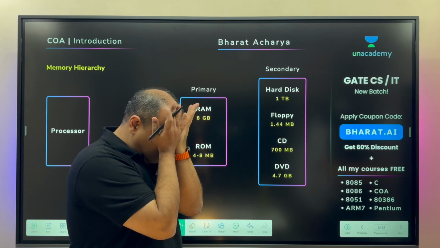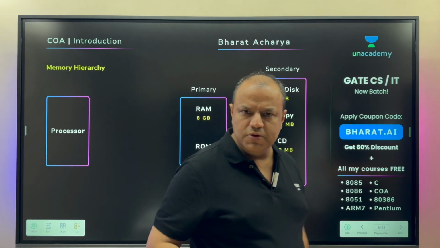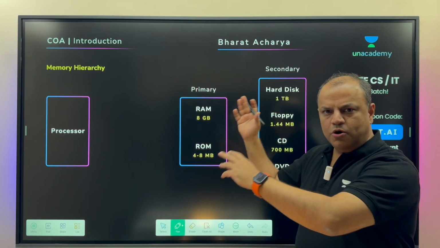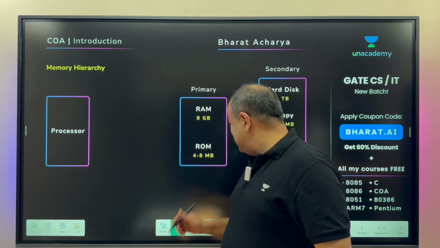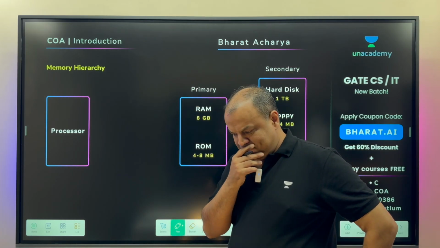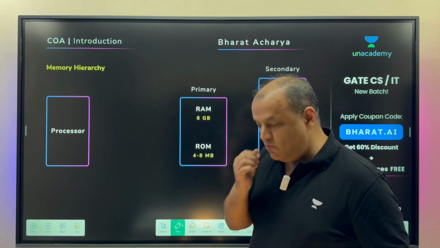We get that. The only memory over here that we've not spoken a word about is ROM. What is ROM doing in a computer? Everything is brought into the RAM. RAM is your playground. RAM is your table on which you're working. What is ROM doing? Do you bring programs into the ROM? No, you can't. It's read-only memory. You can't. Then what is ROM doing?